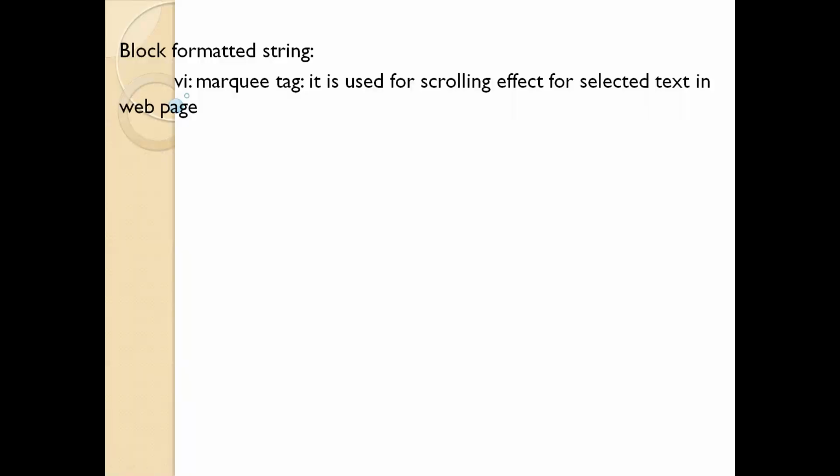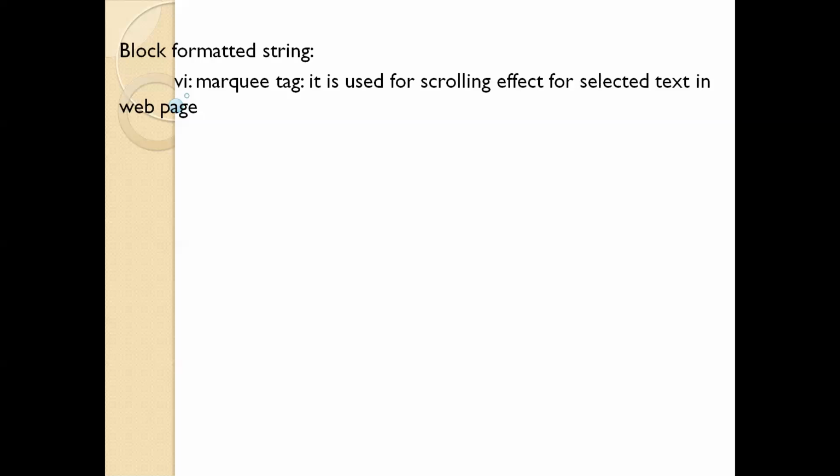While we are watching the channels regarding the stock market, the bottom will also go like BSE, Sensex, Nifty 50, 0.5, 0.6, 50% up, 50% down. These types of things will be scrolling from left to right of the screen. So in order to make text scroll on a web page from left to right or right to left, or top to bottom or bottom to top, whatever it may be, we have to use the marquee tag. So the marquee tag is used for a scrolling effect for selected text in the web page.